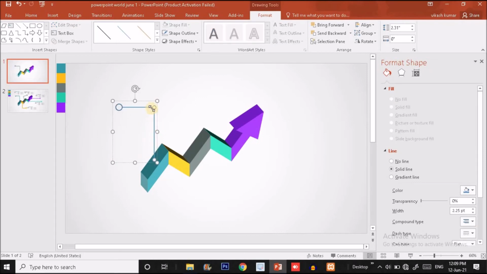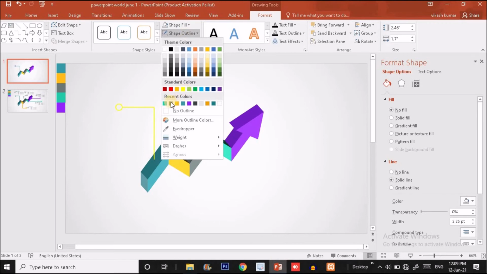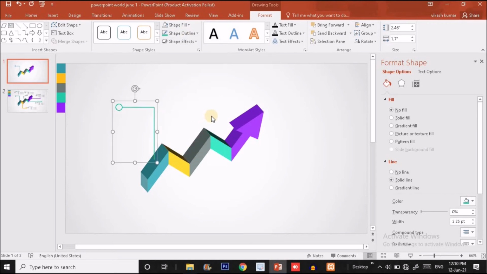Now what color am I going to use? I'm going to use this one for the outline color of this line. Okay, now press Ctrl D to make a duplicate copy and put it here.